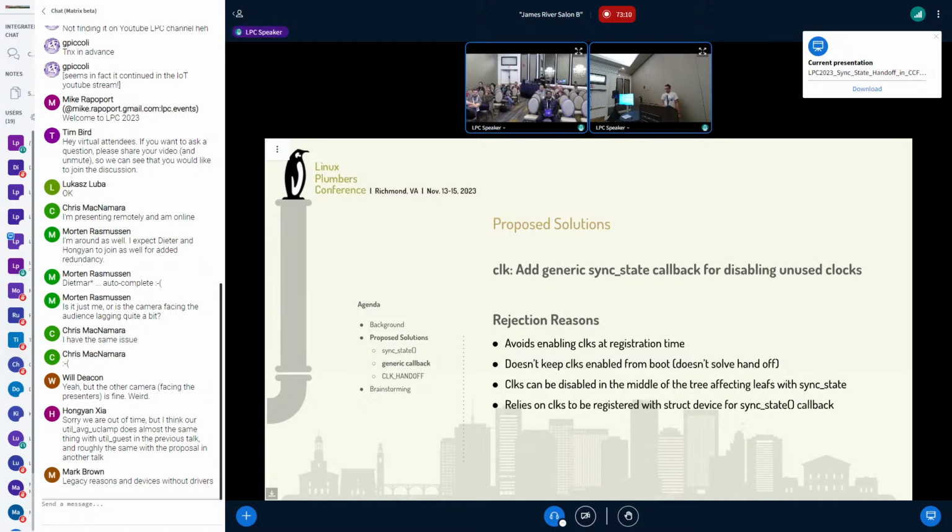It's bad. We don't want to turn things off in the middle of the system. And the other thing it doesn't deal with is the issue where you have the clock registered in one device controller or one struct device and another one, and that one never probes. We're going to disable a clock in the middle of the tree, and A is going to be turned off and B is going to die. So sync state really didn't work there because we would still disable something if it never probed.